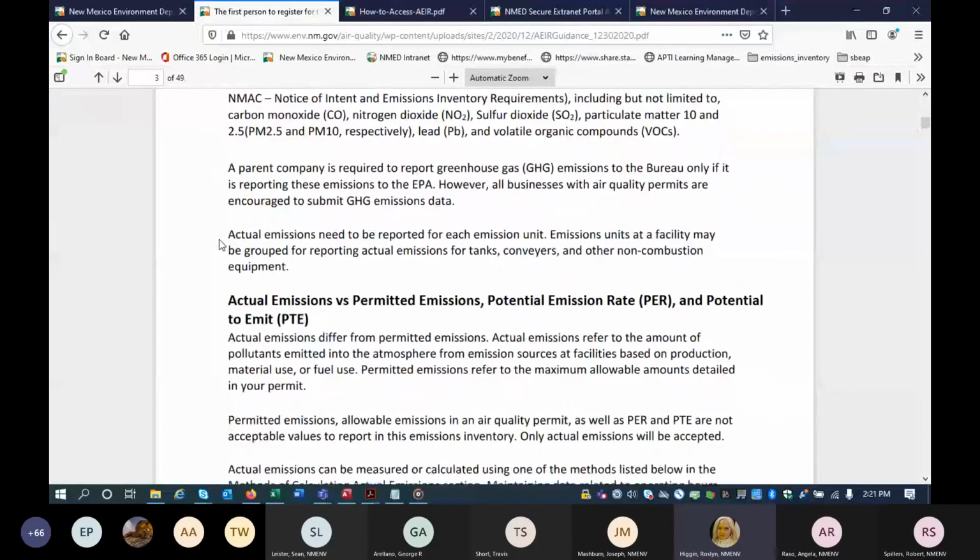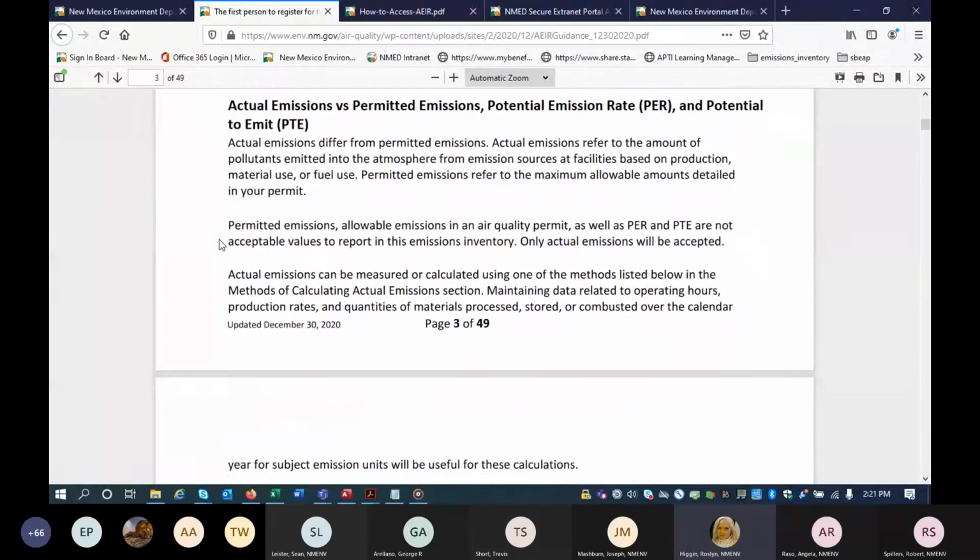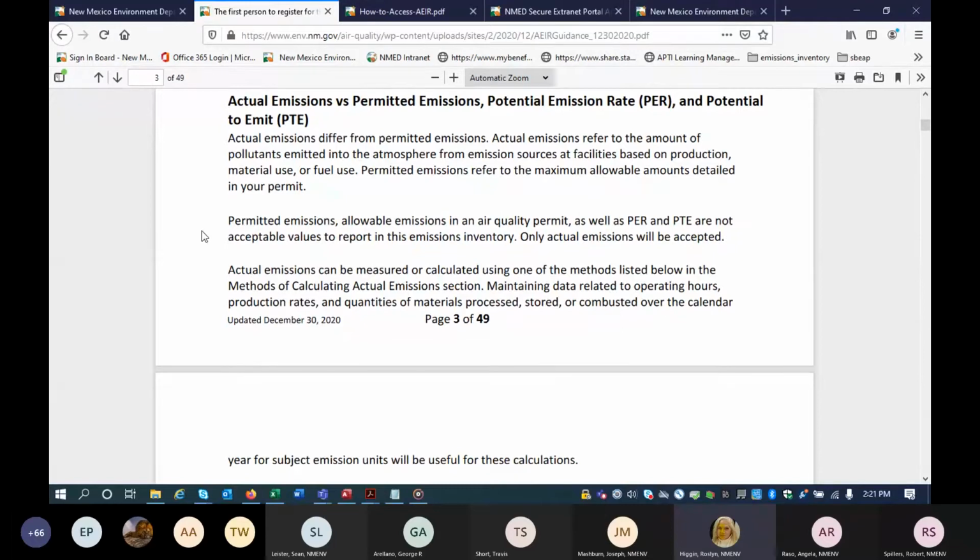Okay, and let's talk about actual emissions versus permitted potential emission rate, PER, and potential to emit, PTE. So the purpose of an emissions inventory is to collect actual emissions. Those are the actual emissions that are emitted from a piece of equipment, not the permitted amount, because a lot of times the permitted amount is much larger than the actual amount that is being emitted.